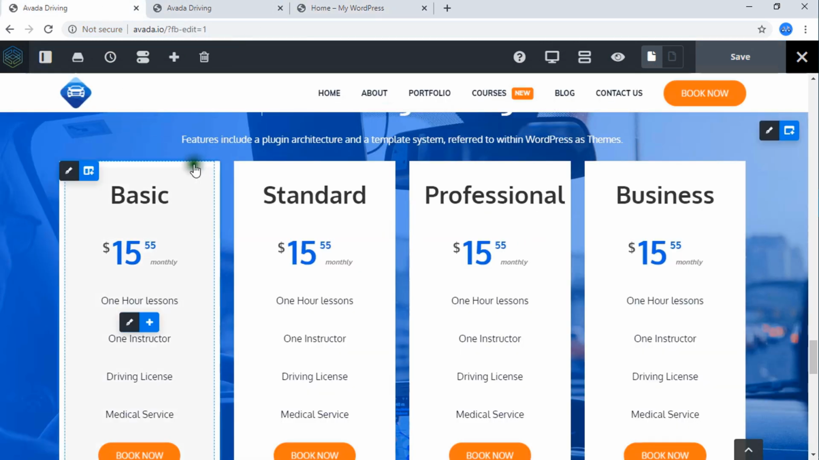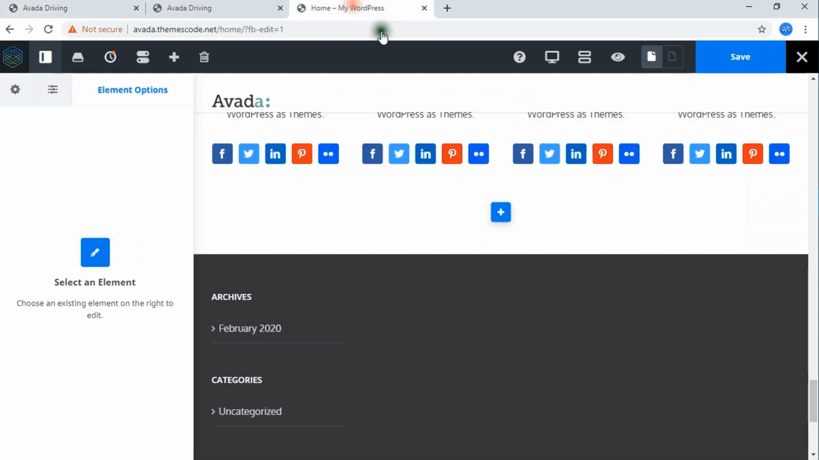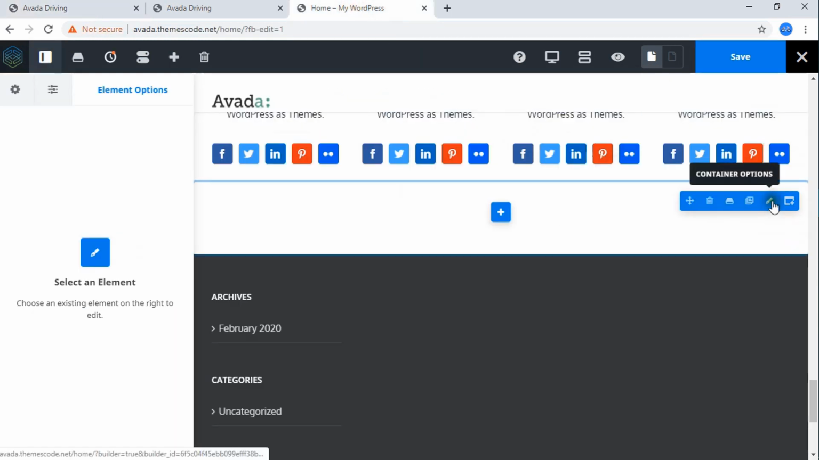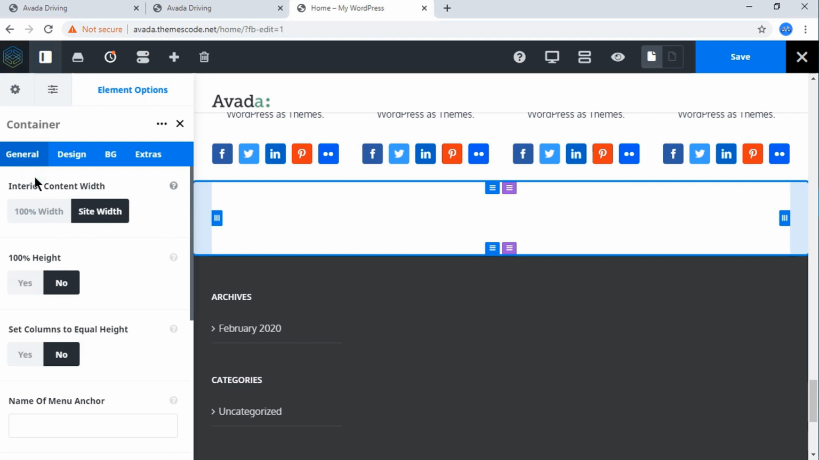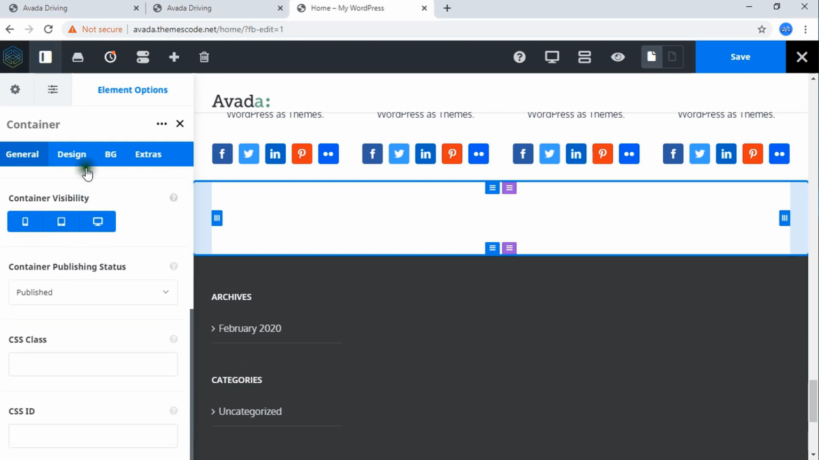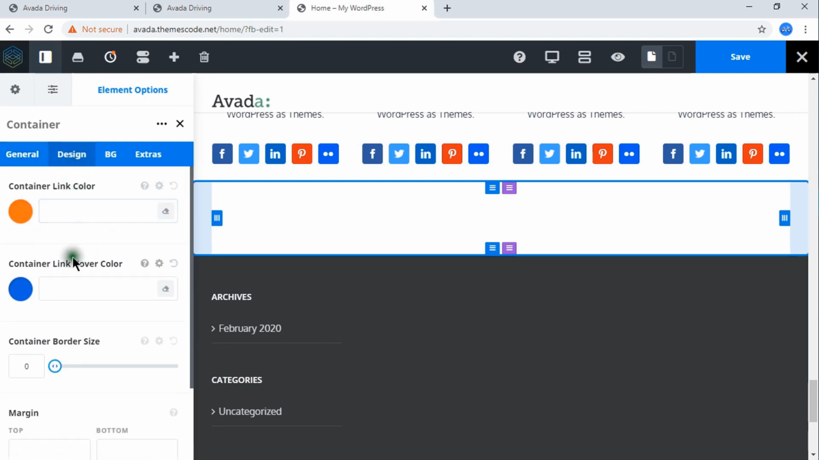If in our design we have any background image or background color, then we will work with the container background first. So just click on here, and here you can see container option. Just click on container option, and on the left here you can see the options. Firstly, navigate to design, and